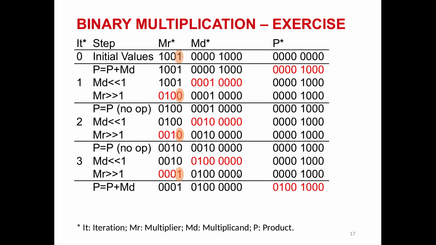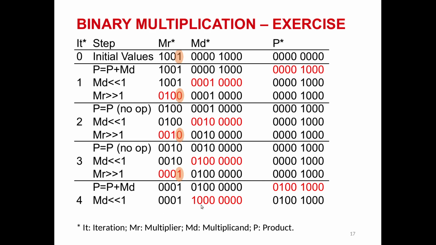All others are 0, but here is 1, so 1 here plus 0 here generates 1 here. So the new value of the product will be 0 1 0 0 1 0 0 0,